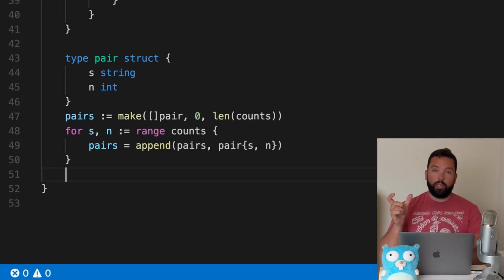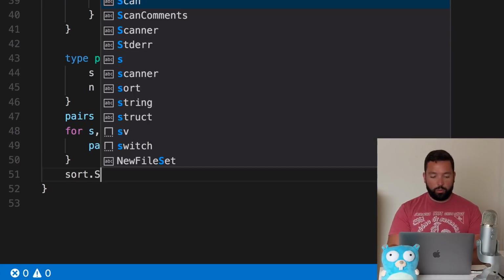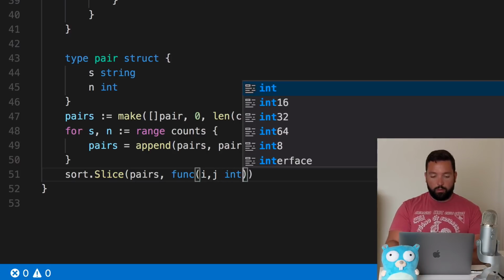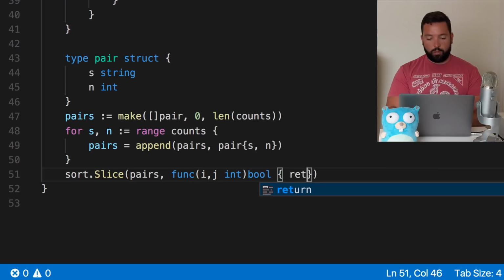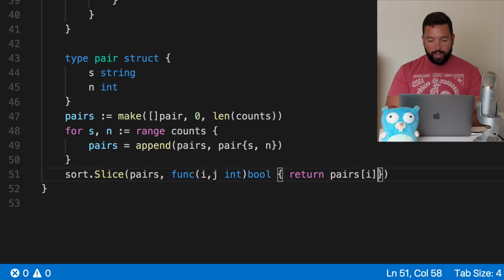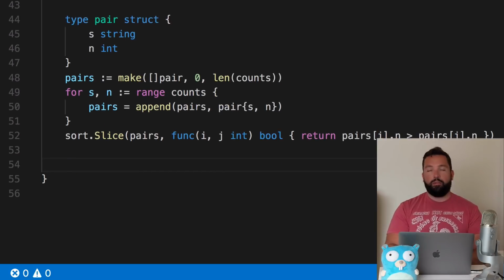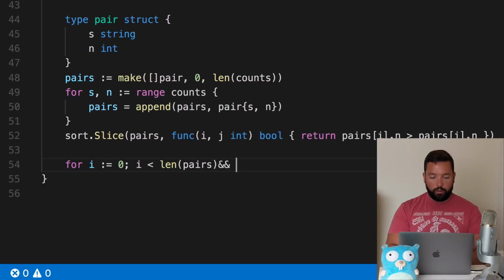And then now we need to sort them. So we can do sort.slice pairs by this function. So we're gonna return pairs of I dot n is bigger than pairs of j dot n. And then we're gonna print the top 5 for I equals 0, I smaller than length of pairs, and I is more than 5, I plus plus,